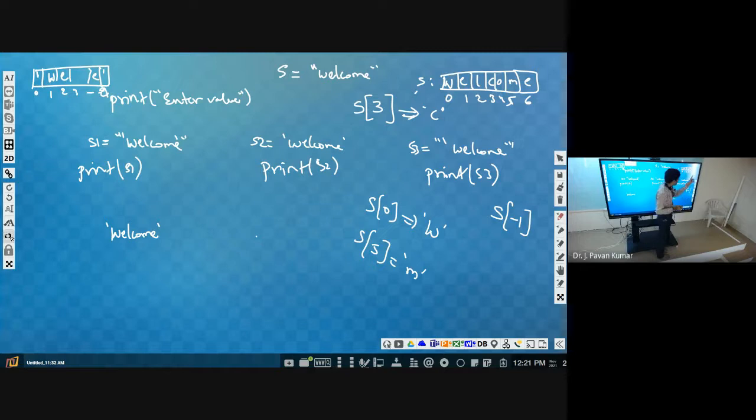Why don't we start from 0? Why don't we start from -0? -0 is invalid, right? Understand, -0 is the same as 0, only 0 will be there. That's why we have to start from 1.